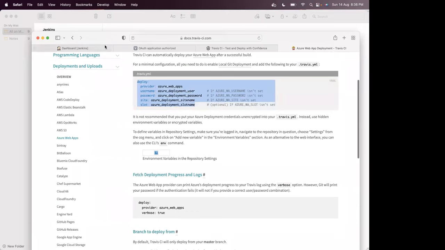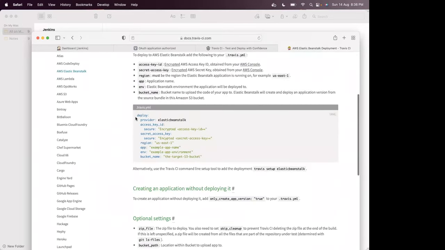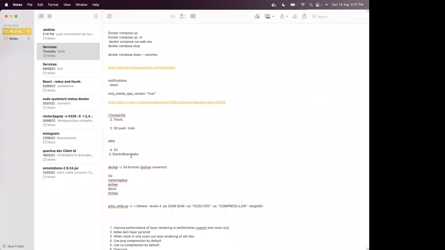Okay, but what we have used is Elastic Beanstalk. So for Elastic Beanstalk, you can go here. This is the syntax for Elastic Beanstalk. The deploy provider is common across all the services, whether it is Azure or AWS. But below the provider, under Elastic Beanstalk, the supported keywords are different for different applications. So we have gone through the AWS Beanstalk specific keywords. That's what we have learned. That is very clearly given in